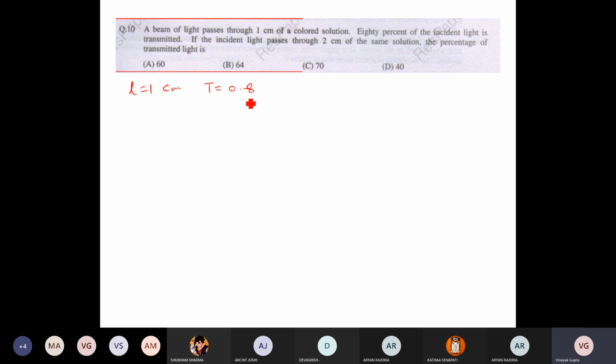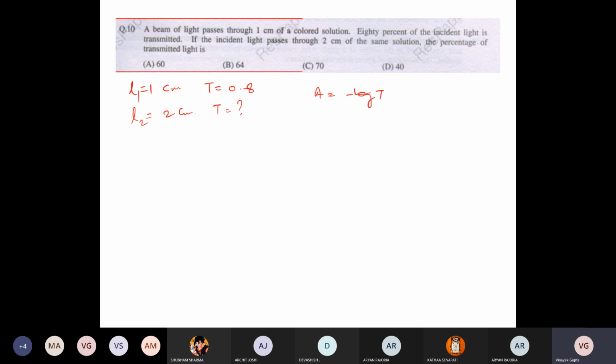Okay, so if the incident light passes through 2 centimeter of the same solution. Same solution means concentration is going to be the same. Here this is L1, here L2, it becomes 2 centimeter. The percentage of the transmitted light. Okay, so we know that A is equal to